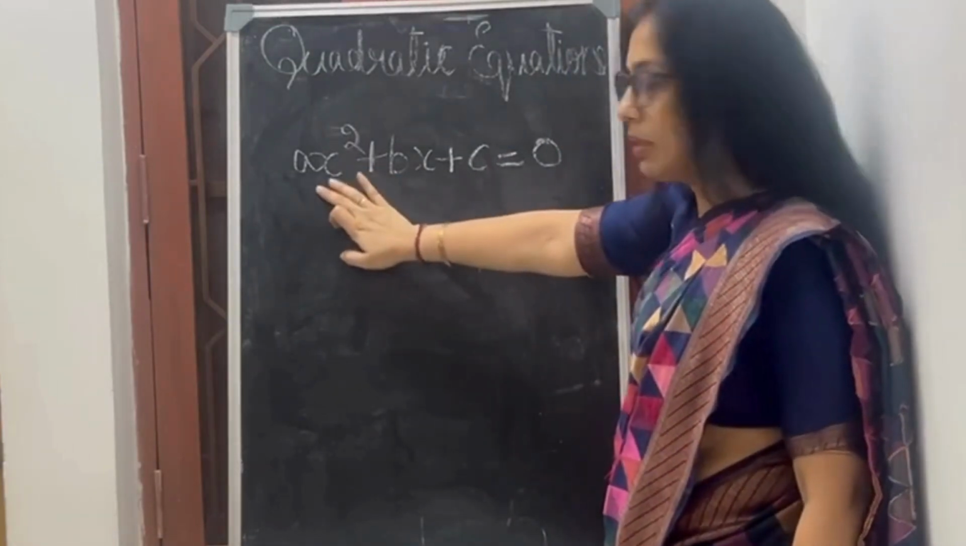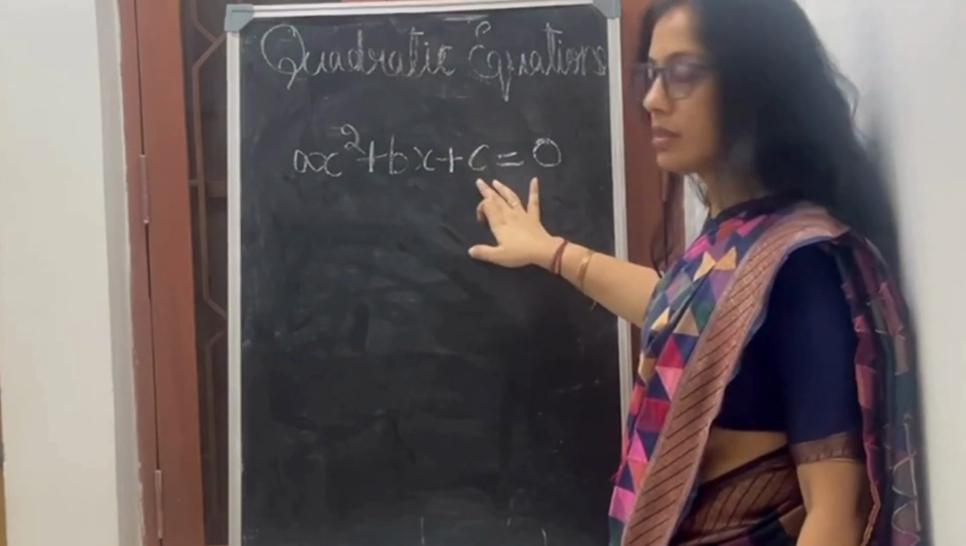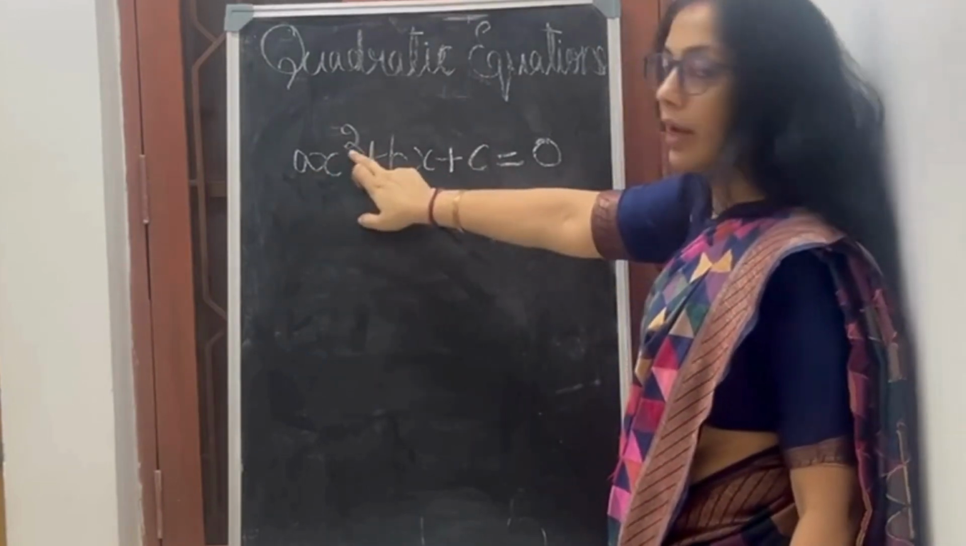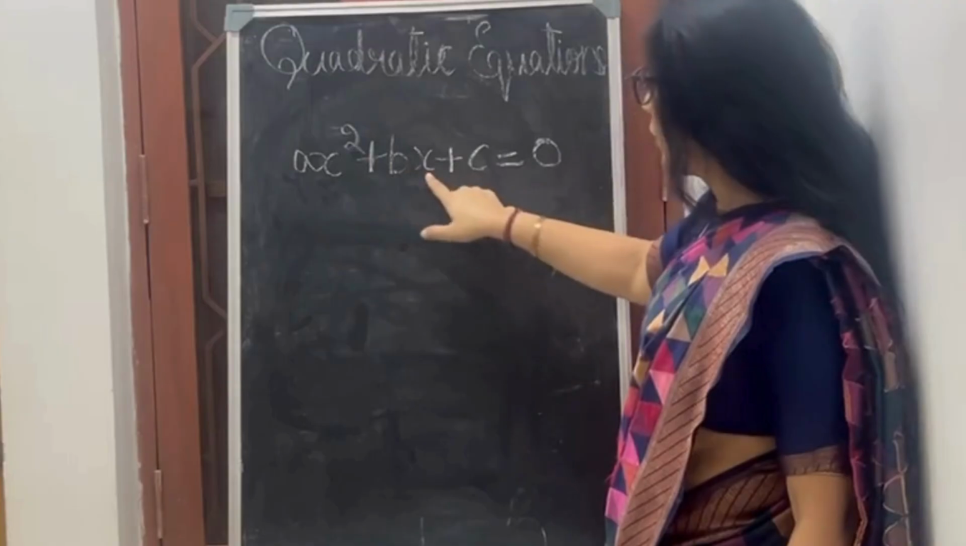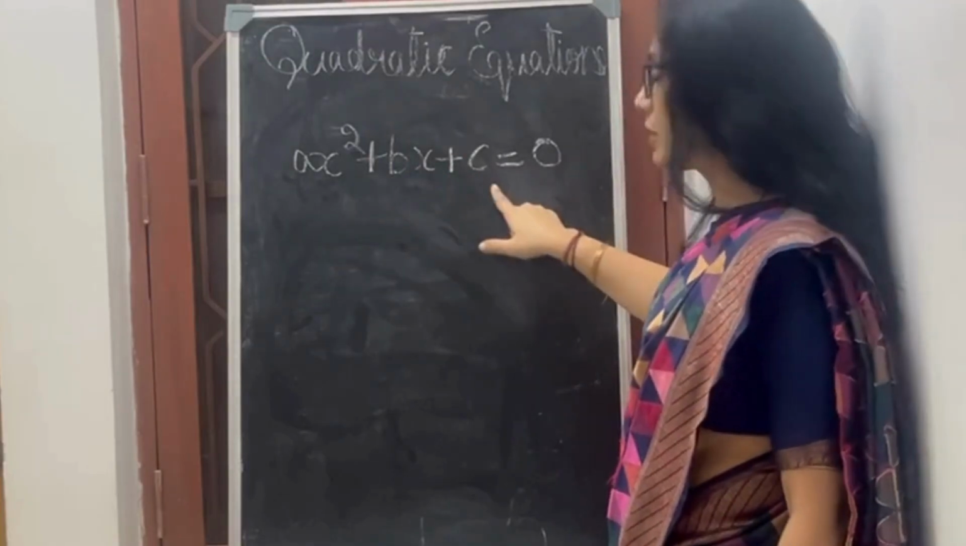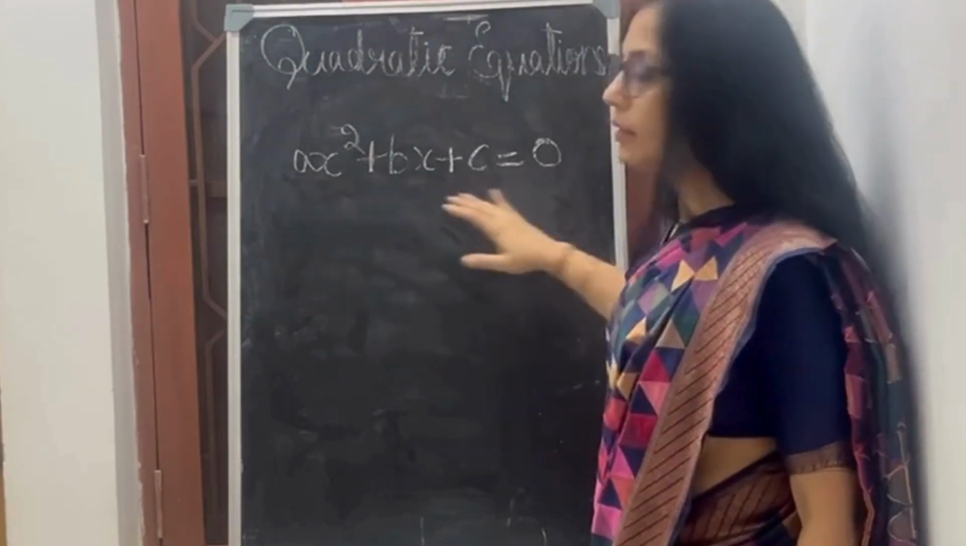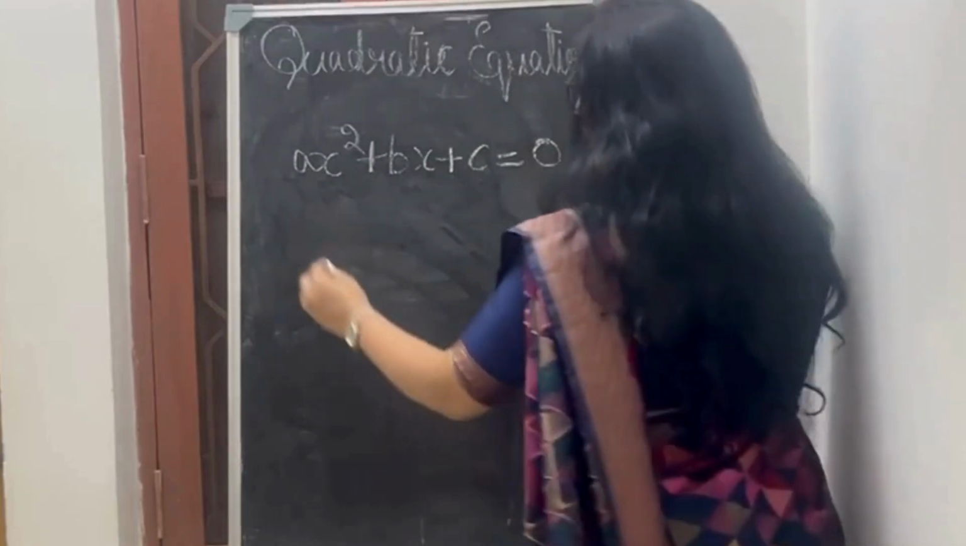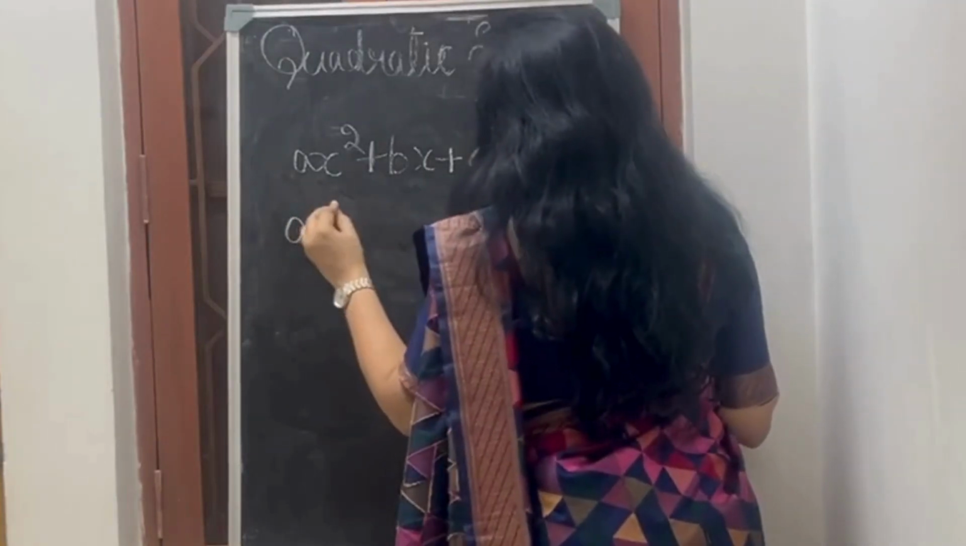x is the variable, a, b and c are the constants, and for this variable x, the highest power will be 2. Here there is no power and here there is no variable. Basically these will be the equations. They might give you equations in different forms. They might give you